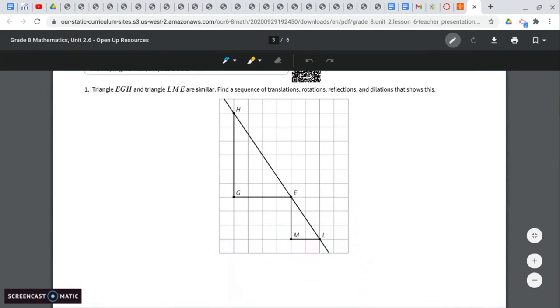So for number 1, triangle EGH and triangle LME are similar. Find a sequence of translations, rotations, reflections, and dilations that shows this. So if we start with our smaller triangle, now we could start with either, it does not matter. If we start with our smaller triangle, we can translate L to E. So that moves it up so they're in the same position, but obviously LME is much